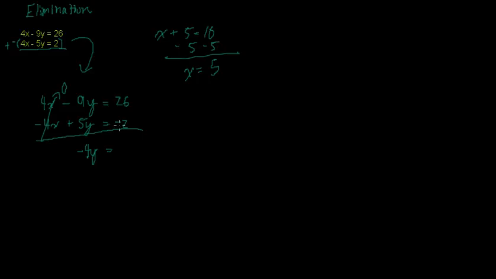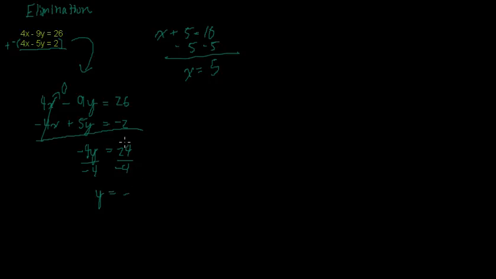So now we have 26 minus 2, and that amounts to 24. So to completely isolate y, what we do is we divide by negative 4. We do it on both sides, and we result in